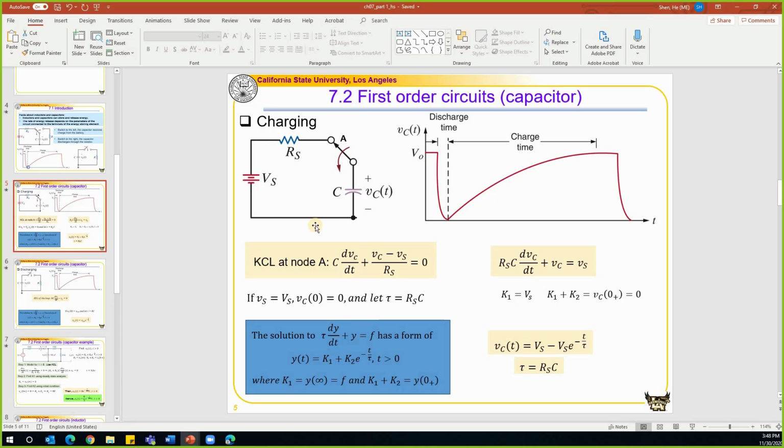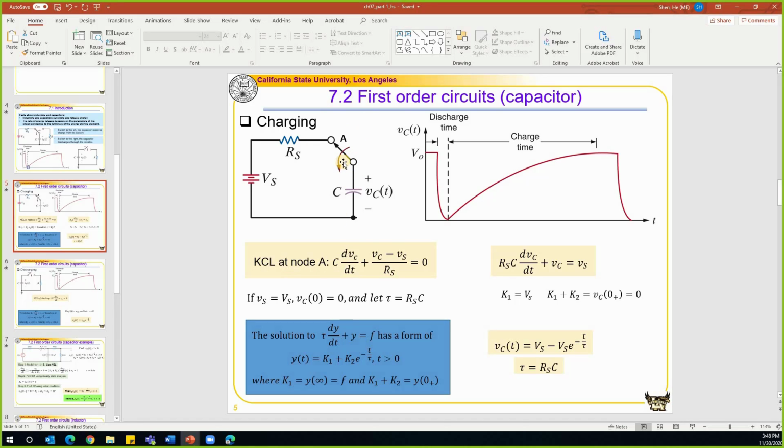When it's switched on, we can use KCL and KVL to do analysis for this circuit. And the way to do analysis is exactly the same. The only difference is at the place where we calculate the current going through a capacitor or the voltage on an inductor. That is the only difference compared to what we have learned from the previous chapters. All right, if we apply KCL at this node A,